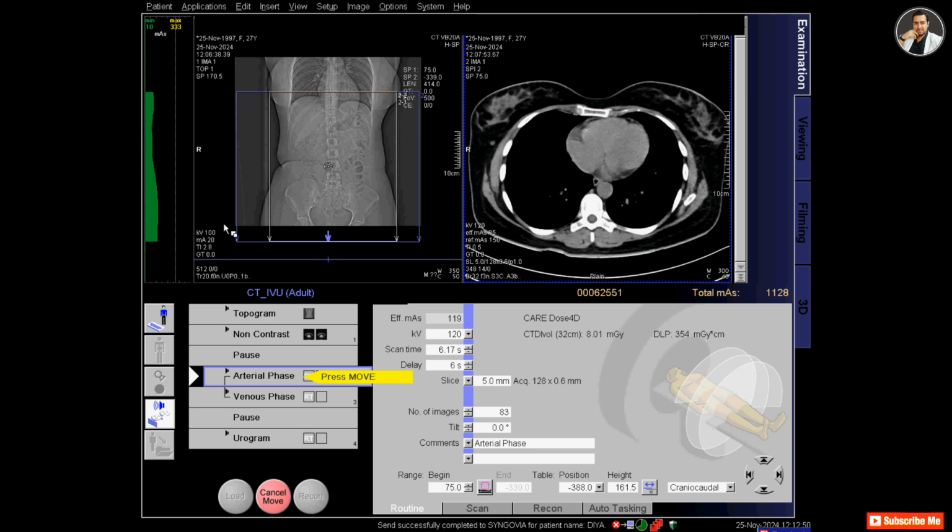The proper timing is important in case of CT urogram because you have to visualize the nephrogenic phase, then corticomedullary phase, and then excretory phase.